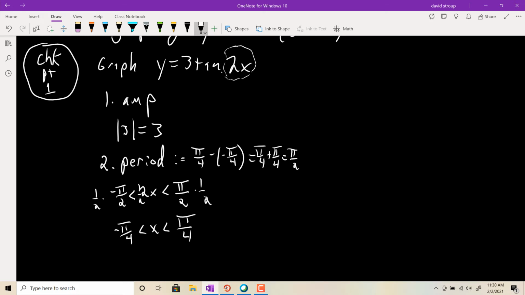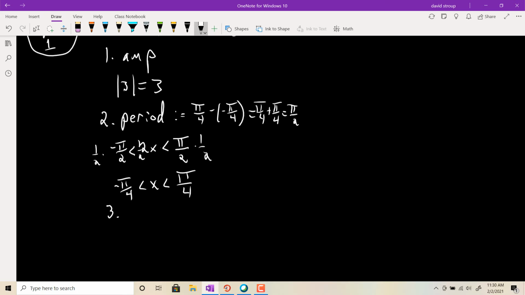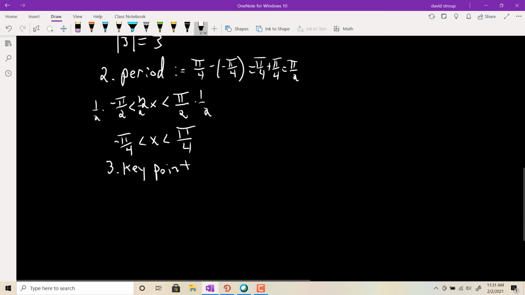Okay. Then finally, for the key points, again, we'll need 4 of them. It's just that the beginning point and the end point are asymptotes. So there are asymptotes at -pi/4 and pi/4. But we want to move through the middle. So it's going to be